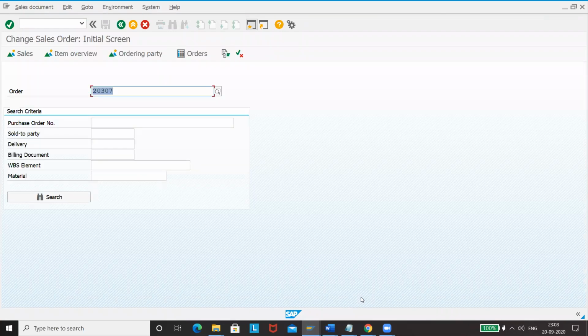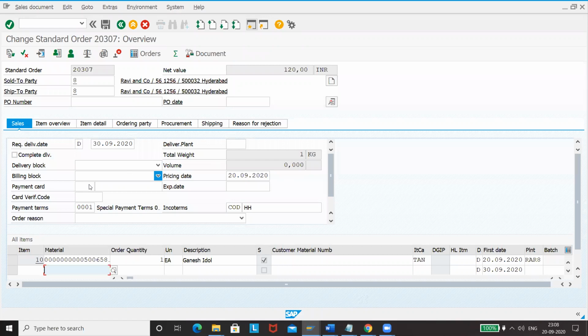Here 02. Yeah, this is the number. So we'll try now for PGI.